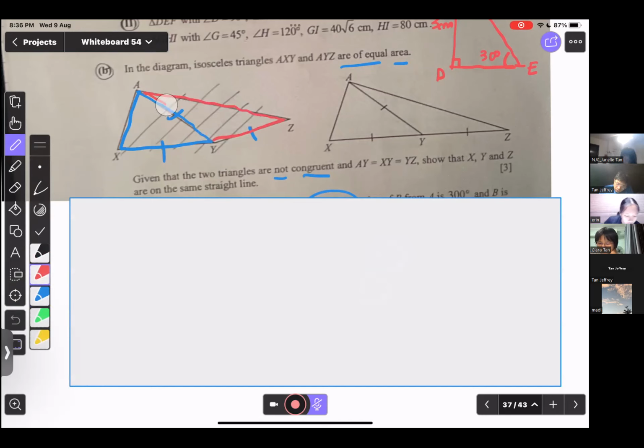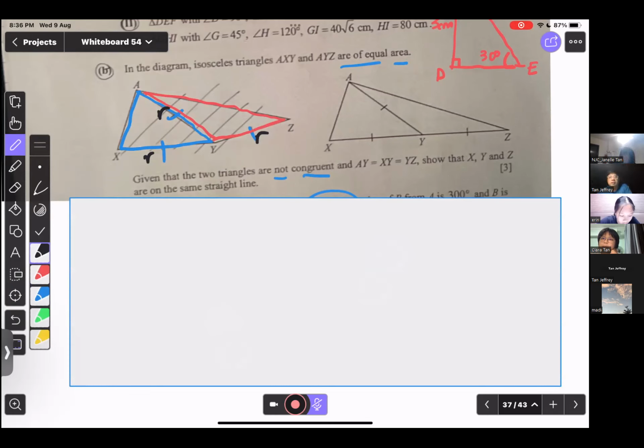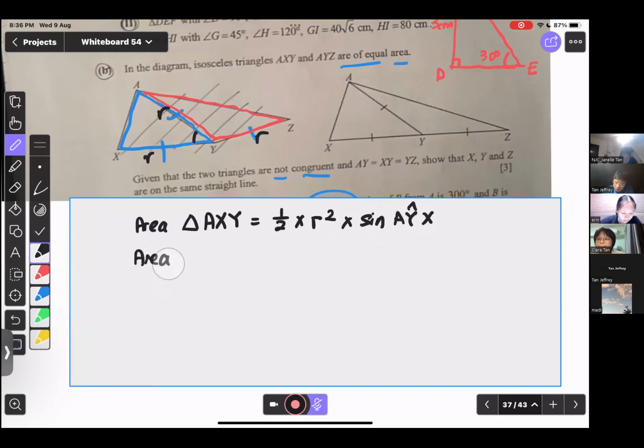Okay, so now you see this one. Let's say those sides with the dash, let me call them r, for example. Can I say that the area of the blue triangle, which is the area of AXY, is half ab sine AYX? Can I say that? Yes. Okay, can I say that the area of the triangle